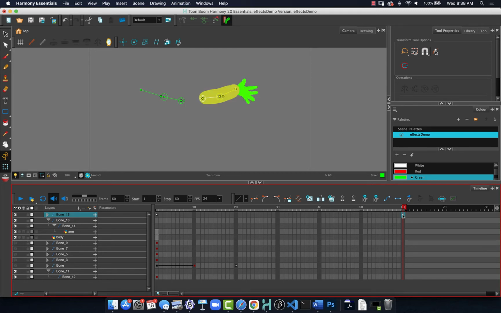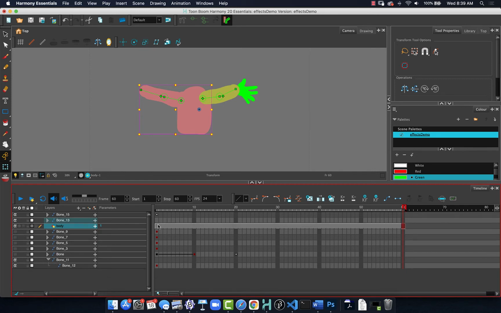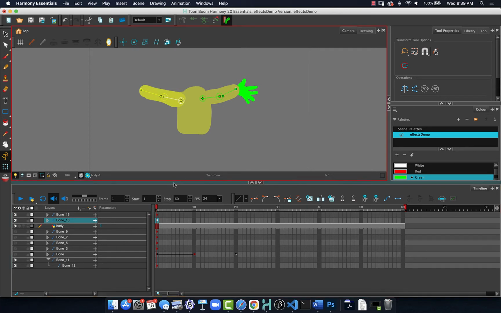Function F5. And we'll just minus the key, well, the keyframe's gone now. Okay, and might as well bring the body and arm over there as well. Function F5. So this other arm, which has these bones, this is the arm on the left, it's right there. So now I can go to this arm, F6, this arm, F6. And now if I move these arms, they're not going to